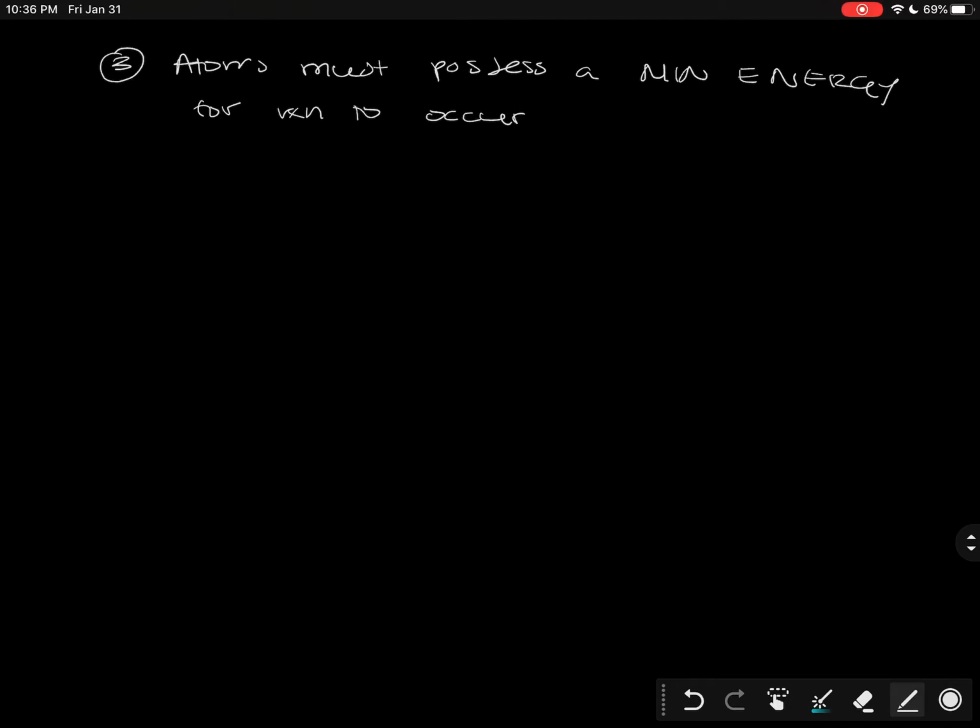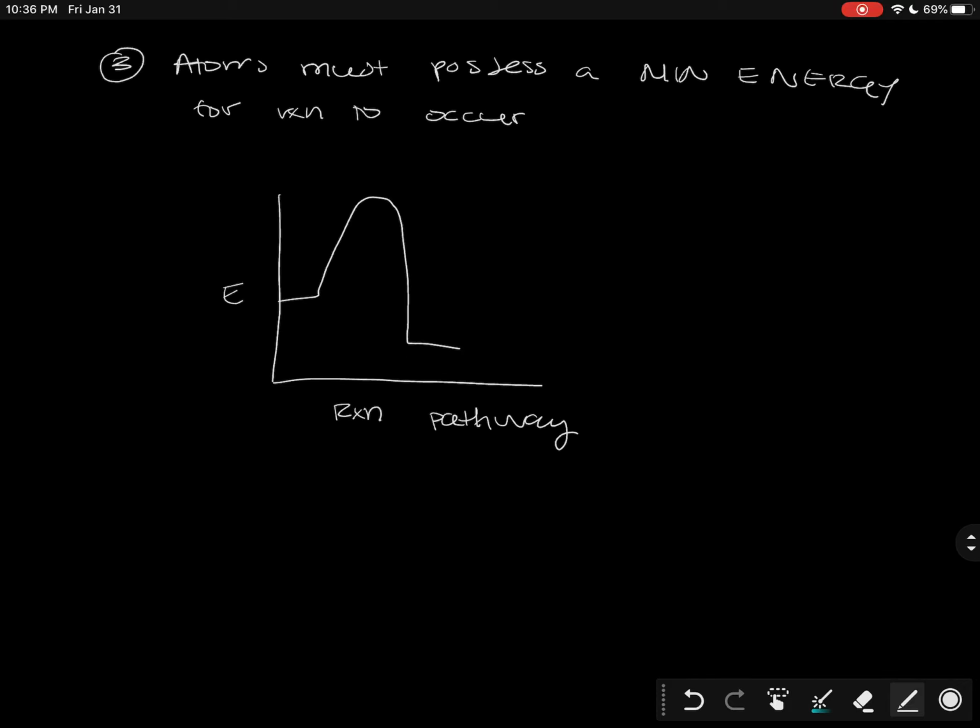Okay, so if we go ahead and look at the energy, and this is just the reaction pathway, and let's say that we're starting with reactants up here and products. Okay, so if this is our activation energy, we'll need this much activation energy, say it's